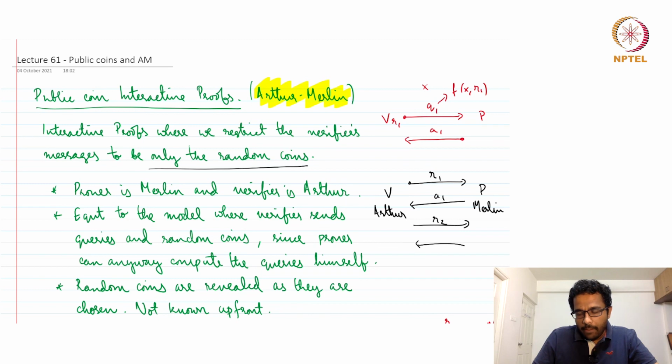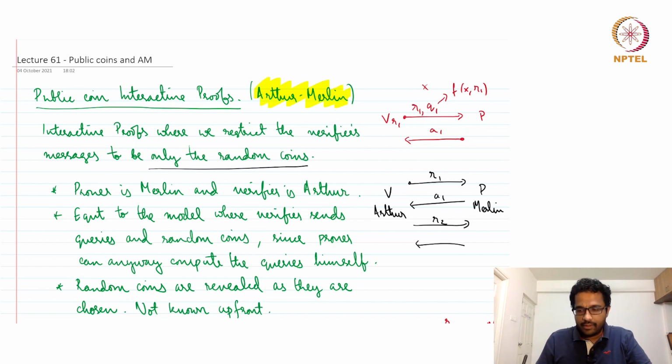So now what is the need for the verifier to compute Q1 and send? So suppose the verifier also sends R1 along with Q1. There is no real need for the verifier to compute F, because the prover can himself compute F, right? So all the prover needs is R1, which is generated at the verifier's end. But by the model here, the verifier is forced to send R1. So all the verifier needs to do is send R1, because X is also known to the prover, and once the verifier sends R1, the prover also knows R1, and the prover may as well compute F